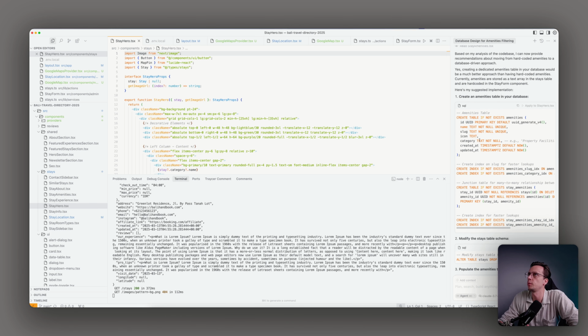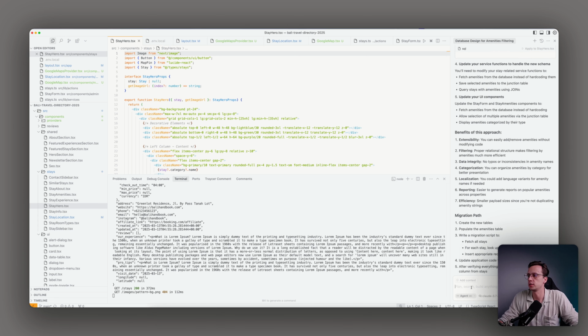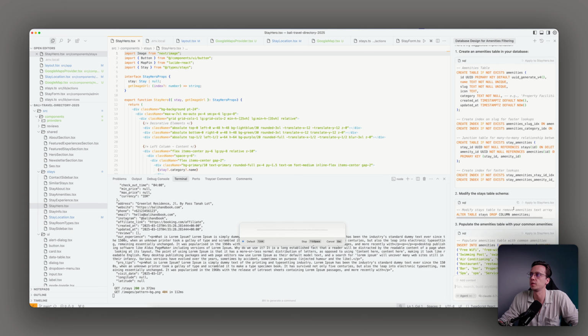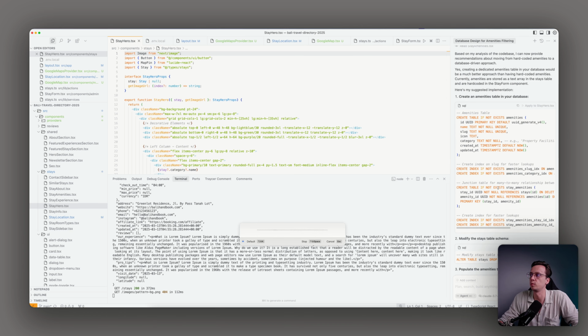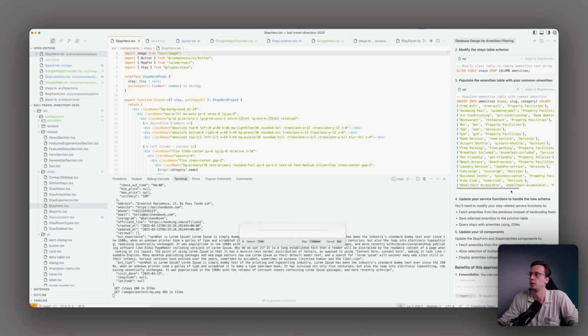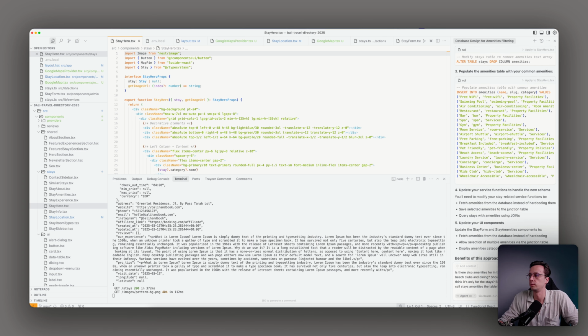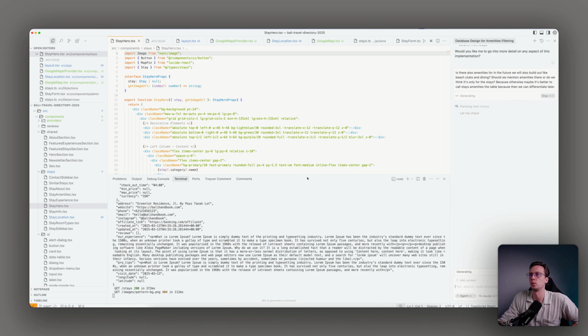Is there probably also amenities for beach clubs and stuff, right? Let's ask. In the future we will also build beach clubs and dining. Should we mention amenities there, or do you think it's only for the stays? Because otherwise maybe it's better to call it stays amenities, the table, because then we can differentiate later. I just don't want to run into an issue that later we also need amenities again, and then